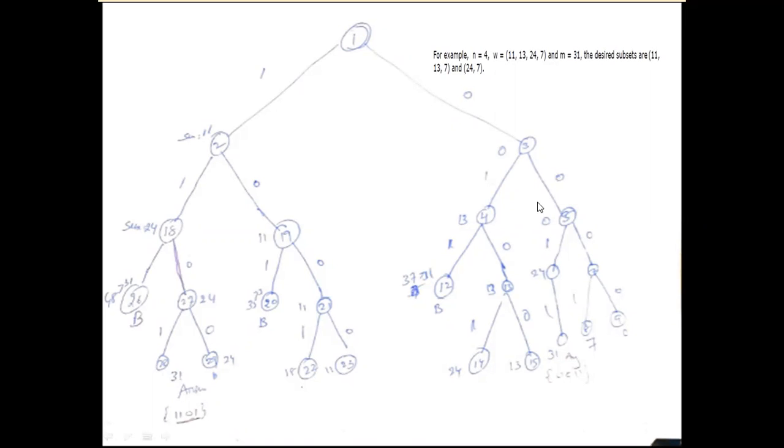Suppose we are including only the third element and fourth element. The sum of the third element and fourth element equals 31. Another solution is 0, 0, 1, 1. So the first solution is 1, 1, 0, 0, the sum of the first element, second element, and the fourth element equals 31.